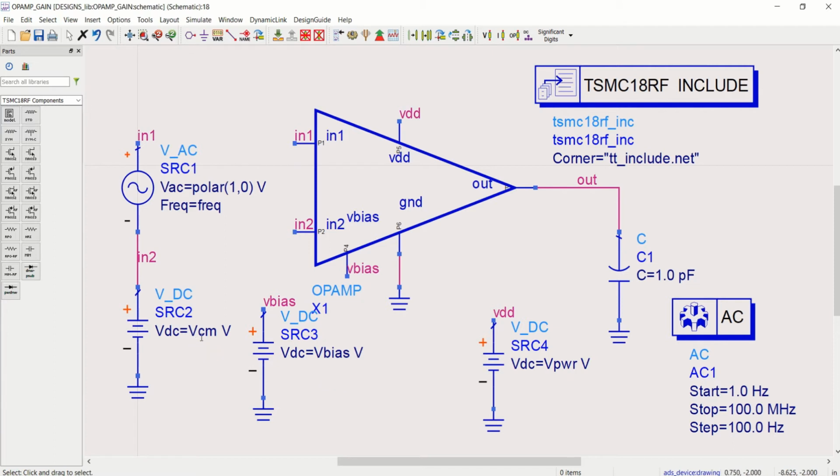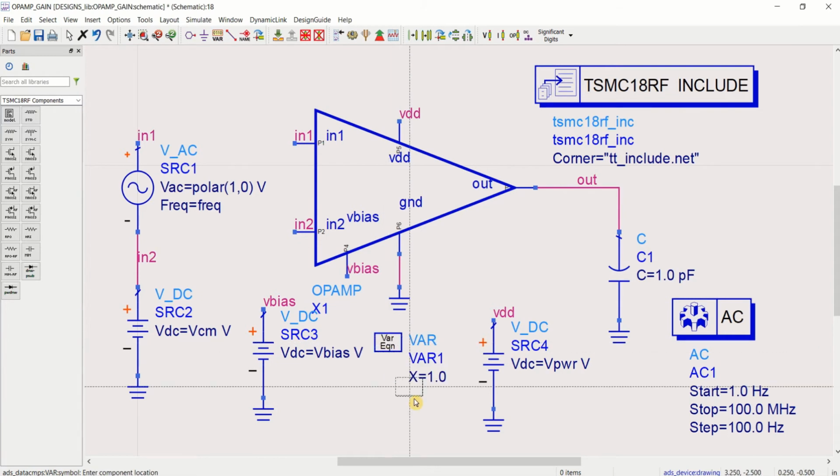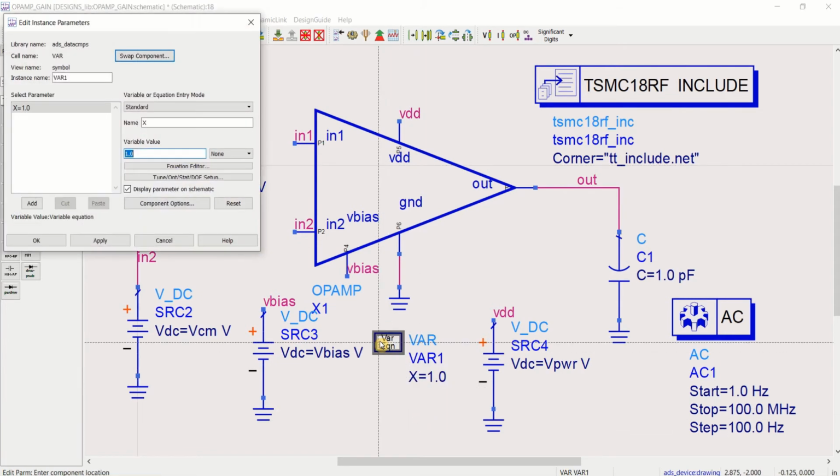Before that, we need to define the variables VCM, VBIAS and VPower. To add the variable, click on this insert variable, place here, double click on it. First variable is VPower, supply potential of 1.8. You can apply.